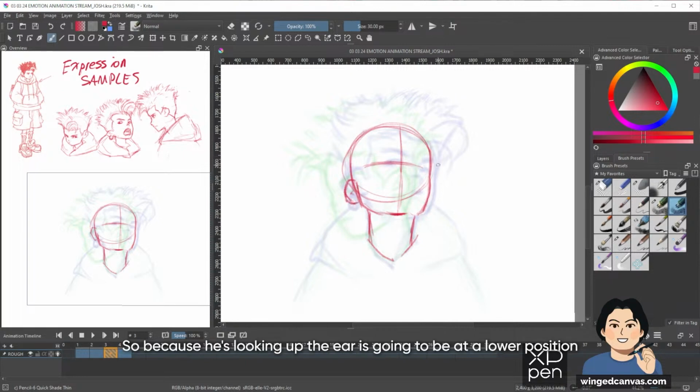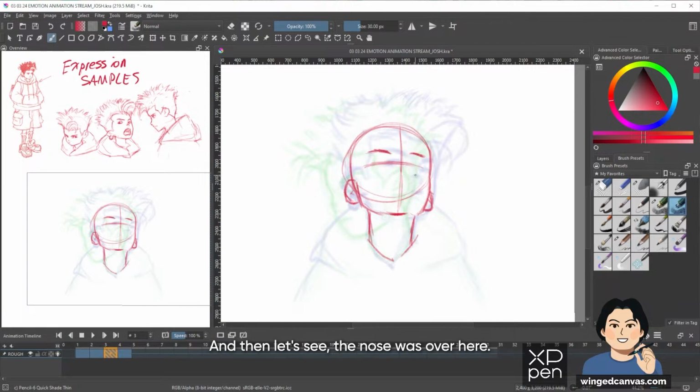Yeah. Okay, so because he's looking up, the ear is going to be at a lower position, and I'm going to indicate it lower, and the ear on the other side, because I think we should see it a little bit. And we are doing a little bit of the smug raised eyebrows. So I think this one is raised, whereas this one is angling down.